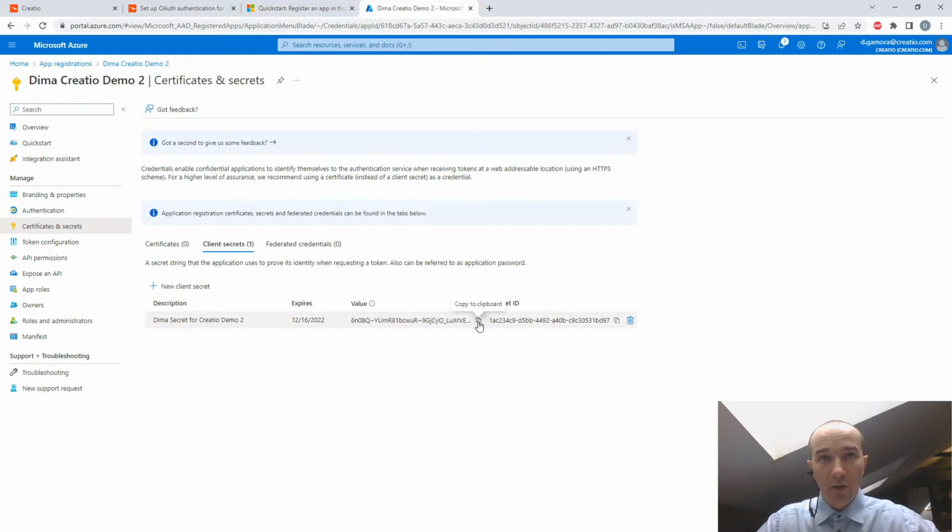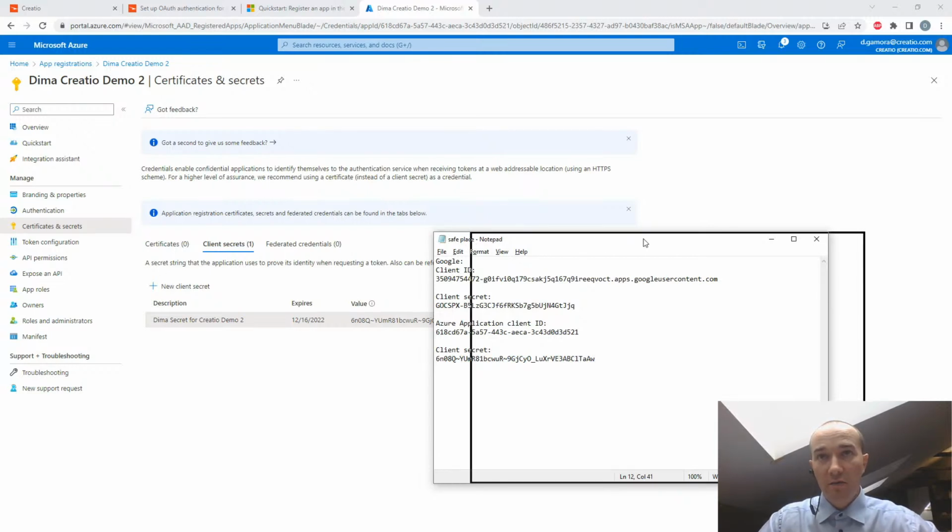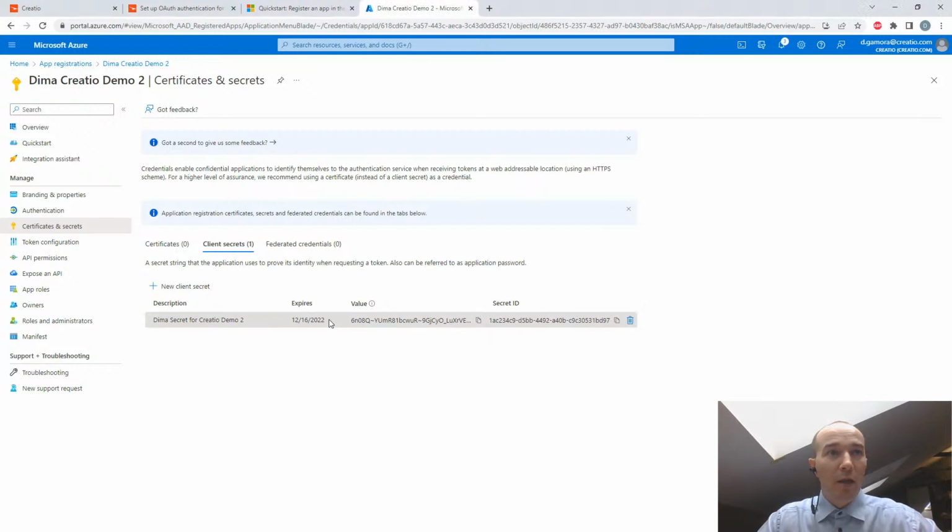So client value is one of the important things here. And we have to put it in a safe place. As you see, my file is called safe place. So it's safe. I'm kidding. So let's do this. Okay, we did all the